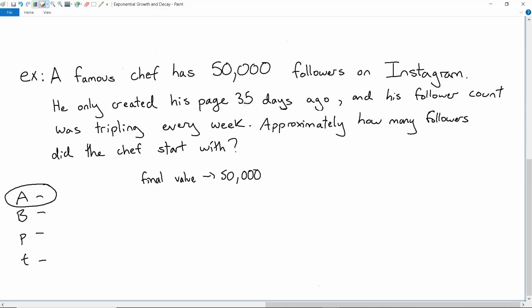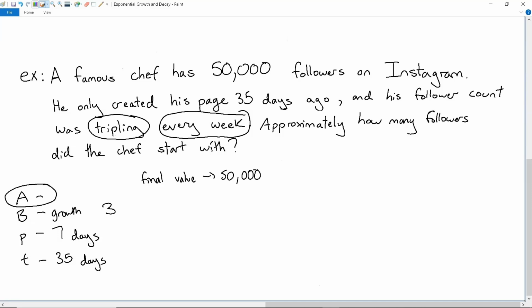He created his page 35 days ago. That tells me that this is probably how much time has elapsed. And his follower count was tripling every week. So tripling tells me that this is growth and that our base is a value of 3. And our p-value, or how long it takes for B to occur, is going to be 7 days. And I'm using days instead of weeks just to make my p and t values work with each other. Now, if I set up the equation,